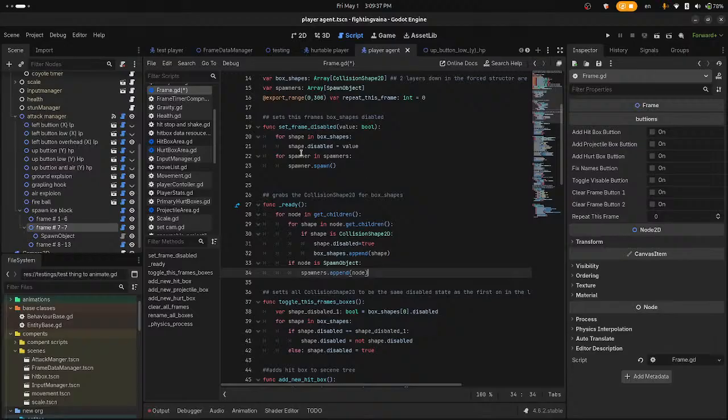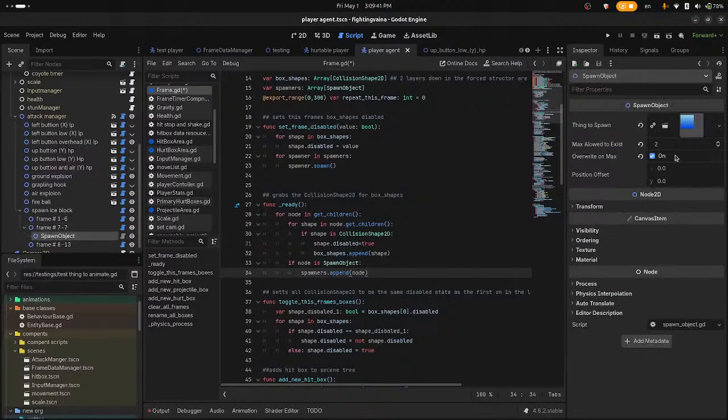Okay. And since this is auto-handled, spawn object, that's